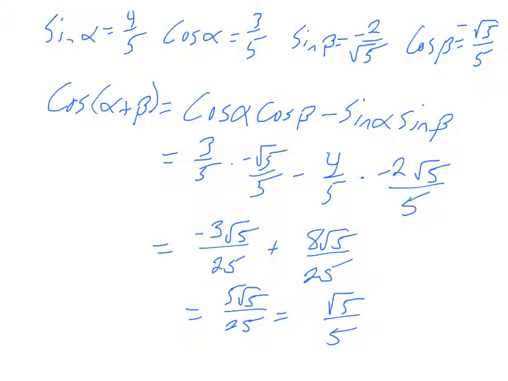Yep. So that is one minor error that I just picked up on here: because alpha is in the second quadrant, cosine should actually be negative in the second quadrant. So cosine alpha should be negative 3/5, and that's going to make this